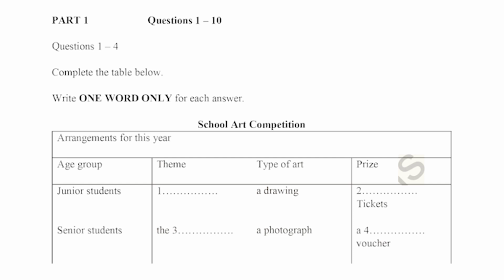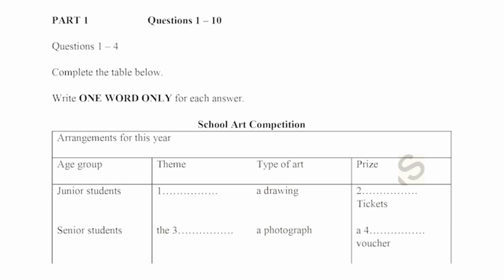Last year, we went with a theme of family. That worked very well. Yes, something simple is best for young children, I think. How about animals this year? Sounds good. And for the type of art, last year children in the junior age group created a drawing. Shall we stick with that? Yes. And for the prize, I heard last year we gave cinema tickets to the winner. Is that right? Yes. But, you know, it might be nice to give the winners tickets to the zoo this